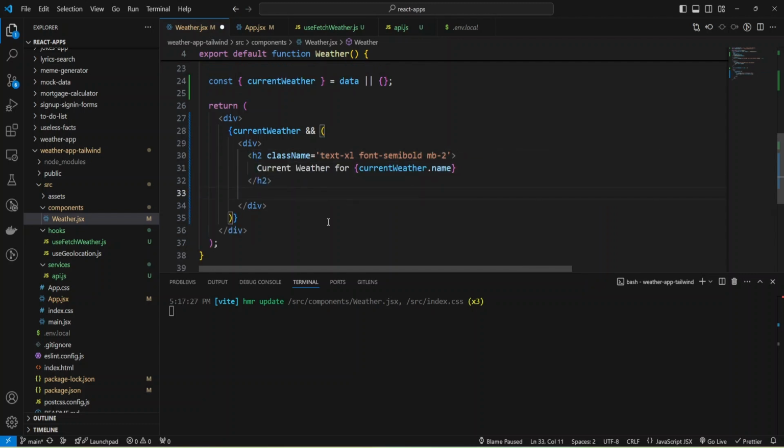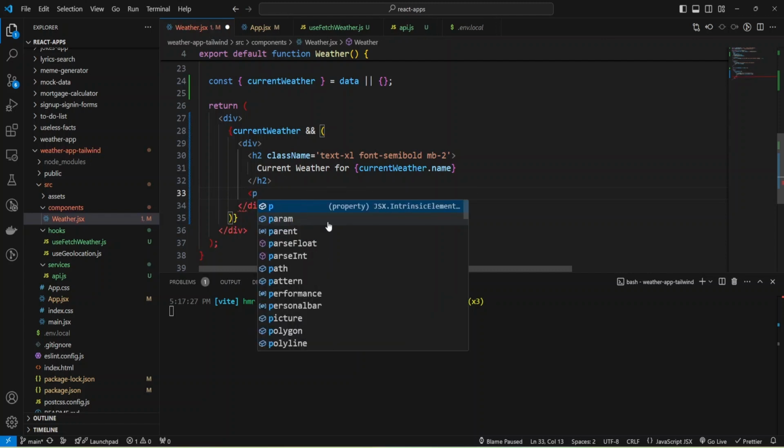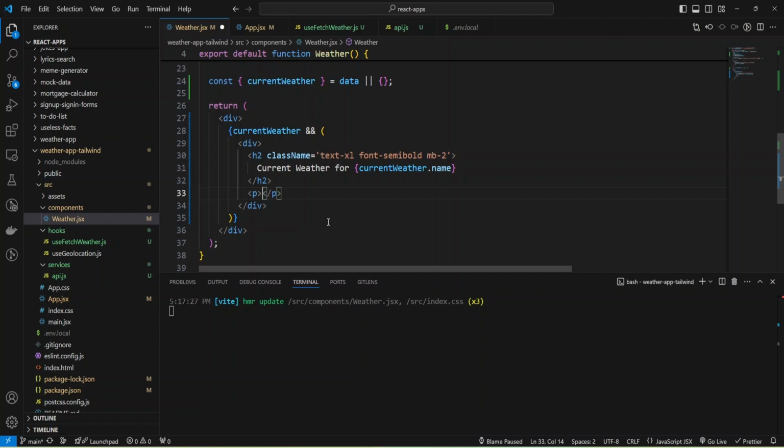And let's add some temperature. I'm going to use a paragraph and provide this value. And I'm going to use Math.round. So we get my value from current weather, and I need code here.